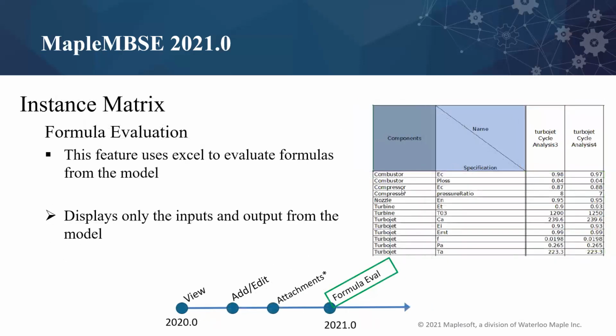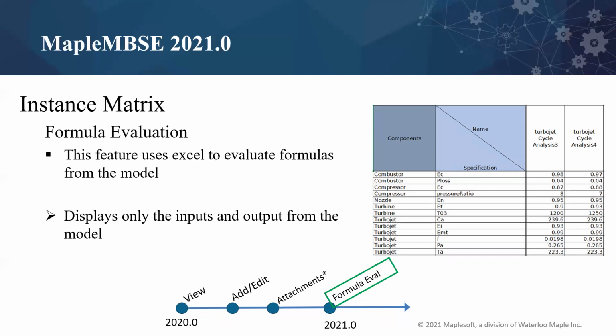The new feature that has been added specifically in this release is the formula evaluation. What MapleMBC is going to do in this case is, we have included a menu button to execute the formula evaluation feature. When you click on the feature, MapleMBC is going to create a mapping between the slots and the value properties, how it's defined in the Teamwork Cloud project. For example, the kind of information that you're going to get here is the constraints that you have defined,